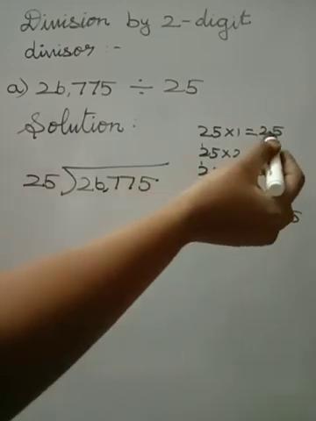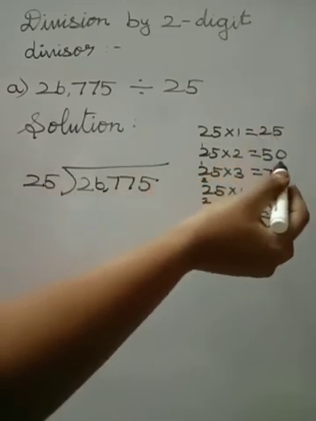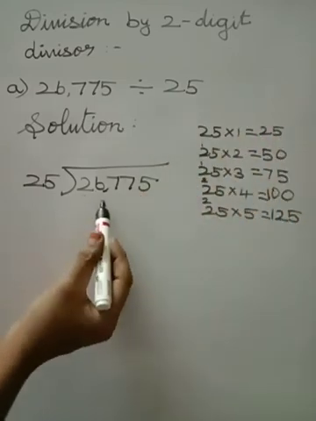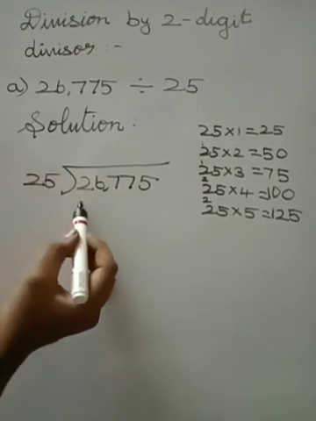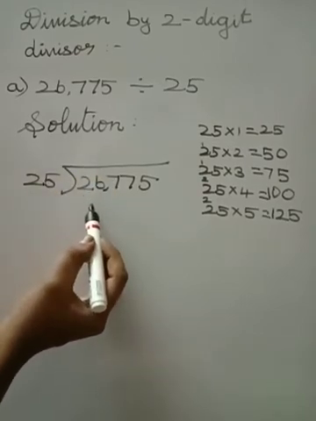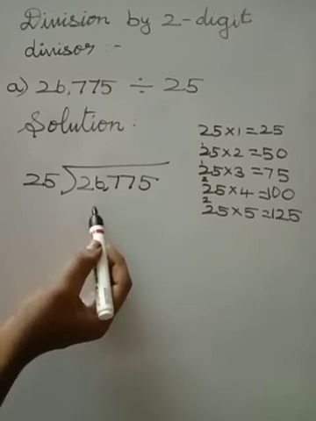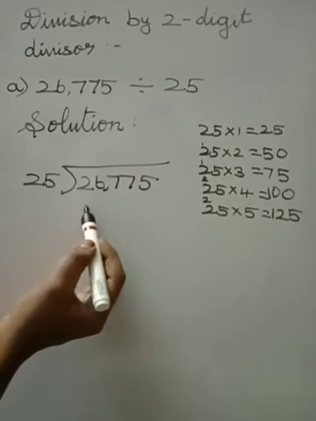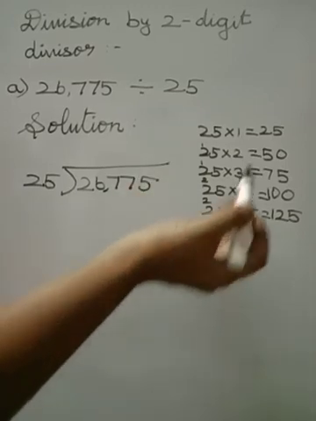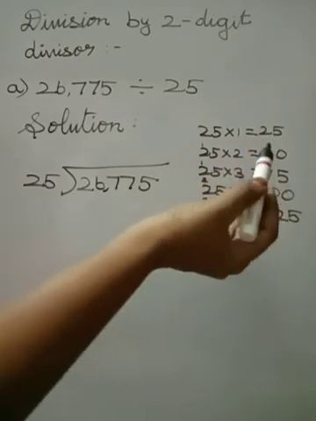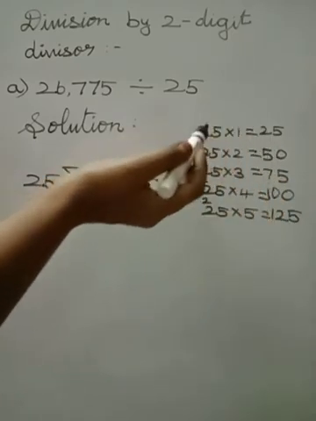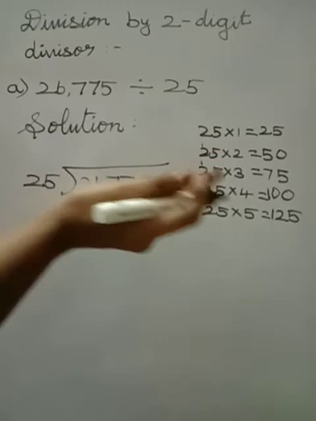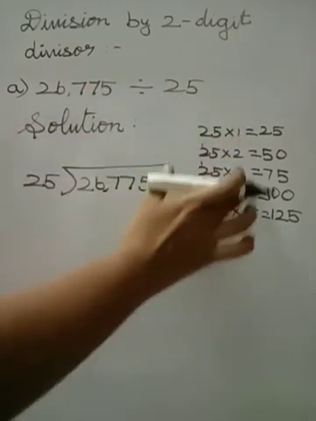So see here 25, after that 50. It is the biggest number. So the smallest number is 25. You have to write only the smallest number down because in division we will be subtracting. If this number is bigger, will we be able to subtract? No. Only the first number should be the bigger number and the second number should be the smaller number. That's why in division, if we do not have that number, we take the nearest smallest number. That number we will be taking.